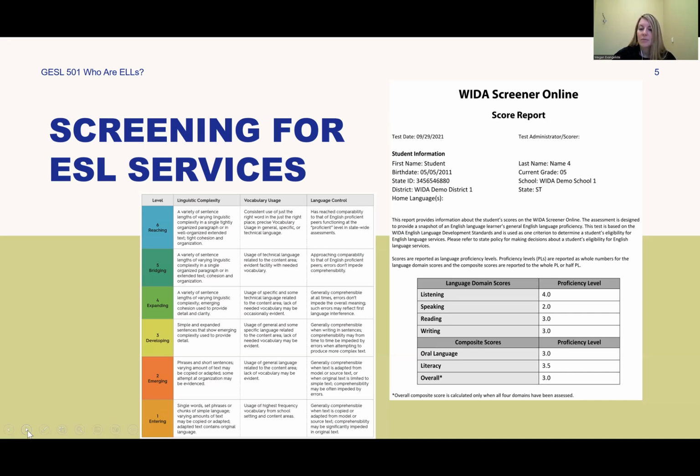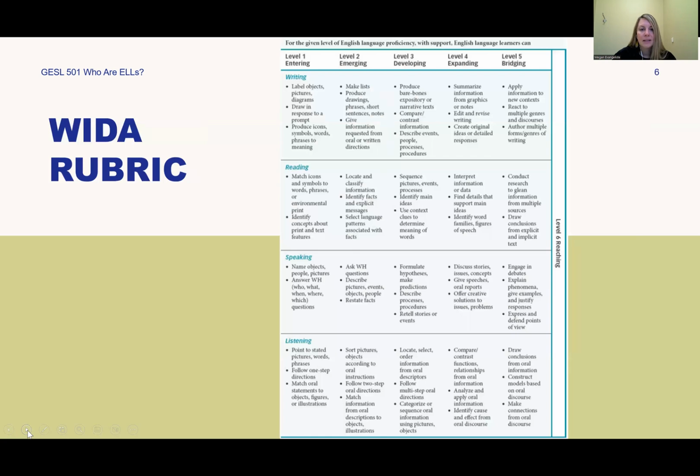And depending on the school's instructional model, the ESL teacher may go into the classroom to support this student. They may also pull this student out for additional support. So you'll see that within WIDA, we break down the language domains of writing, reading, speaking, and listening. So each year our students are focused on those 4 domains of language and growing those domains. We measure their proficiency and their growth each year using the WIDA Access 2.0. And that test gives us a score report for each individual student so that we're able to see what progress they make from year to year.